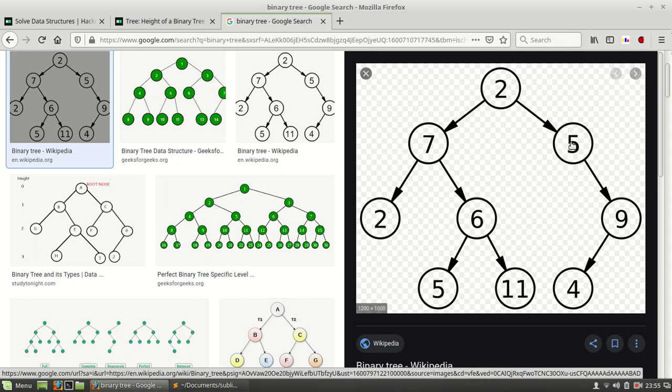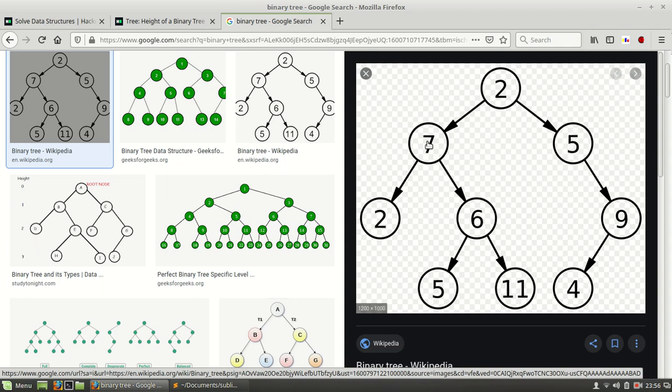This node height will be the max of its left and right node heights. It does not have any left node, so we calculate its right node. We don't know its height yet, so we calculate the height of this left node. Its height is 0 because it is a leaf node. So 0 plus 1 will be the height of this node, and 1 plus 1, because there is no other node to compare for the maximum, so its height will be 2, and this height is 2.